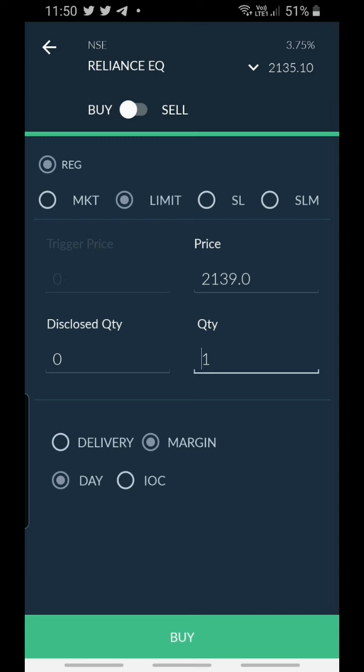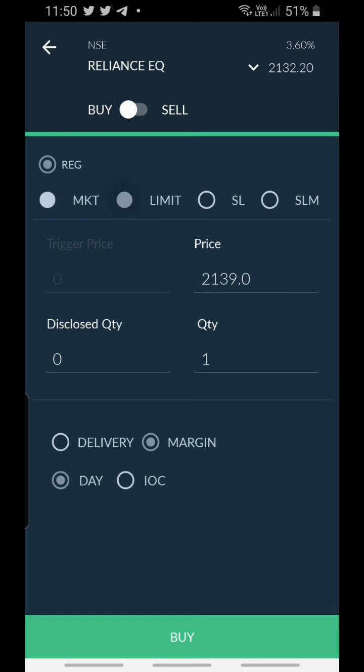Okay, so let's say I want to buy, and above here you can see the market order and limit order. While buying a stock, there are two options, market order and limit order. Market is the current market price. The current market price is 2133 or 2134 or 2135. So whatever the price, if you click market order and click the buy button, then at whatever price the stock is moving at the current moment, at that price it will be executed, right?